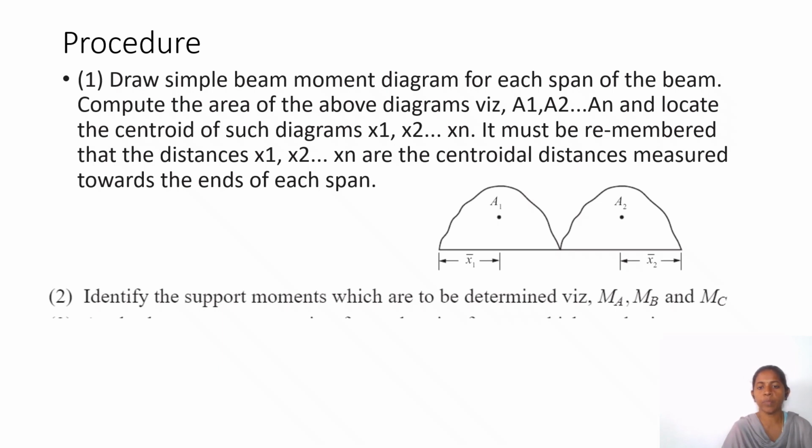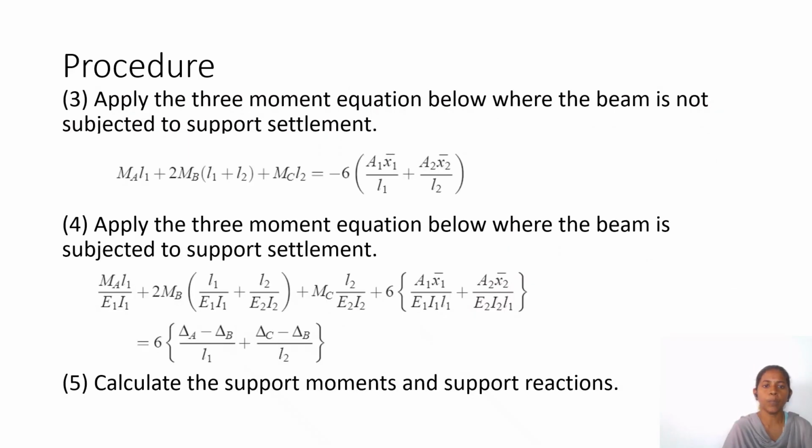Identify the support moments which are to be determined, MA, MB and MC. Apply the three moment equation below where the beam is not subjected to support settlement. We derived the equation without support settlement. You have to add this term